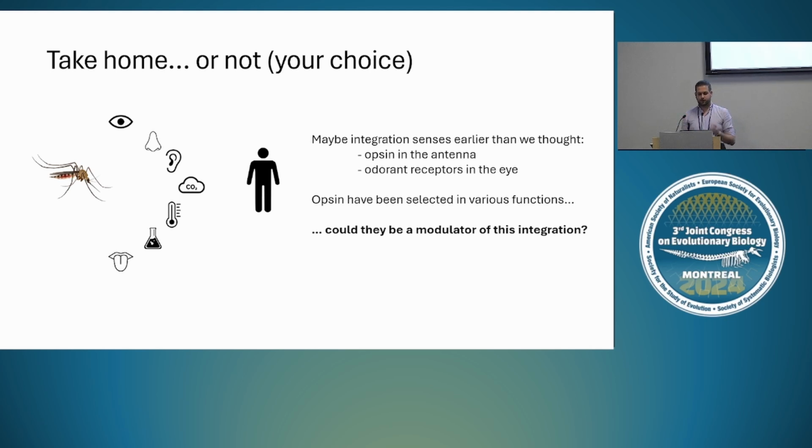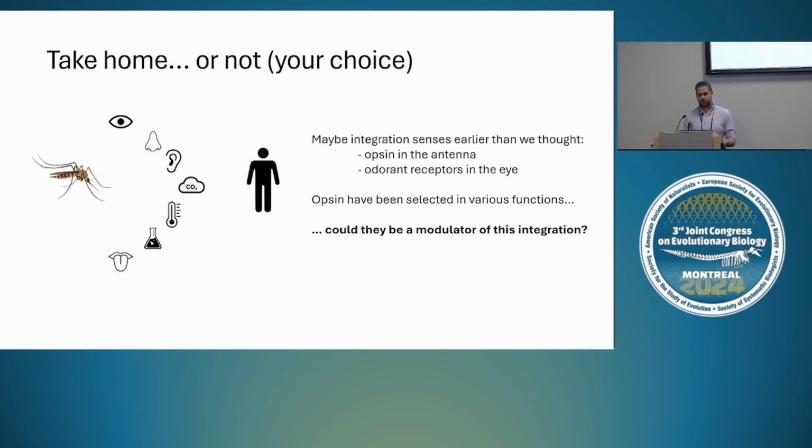Until now, we often thought that all of this integration was happening in the mushroom bodies or central brain. What we saw is that opsin genes are already expressed in odorant receptor cells, and some odorant receptor proteins are already expressed in the eye of mosquitoes. So this interaction is probably way stronger than what we thought, and the integration is probably happening way before what